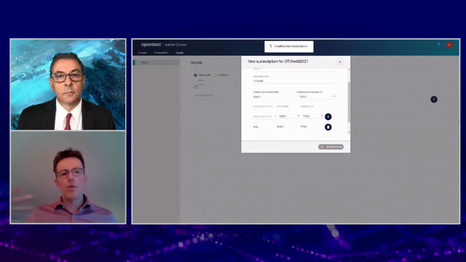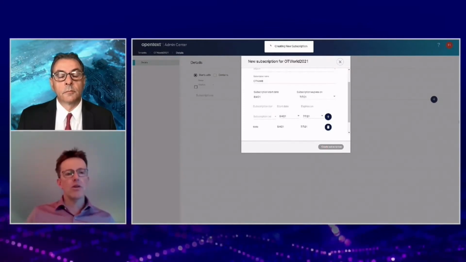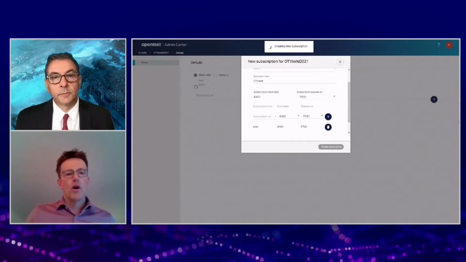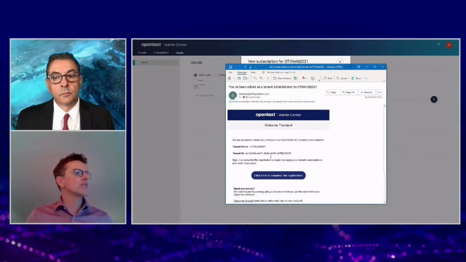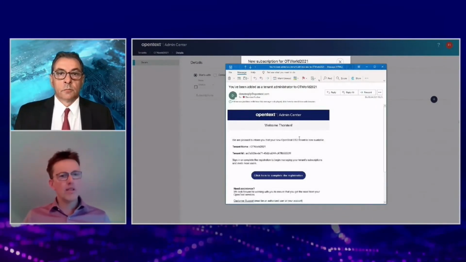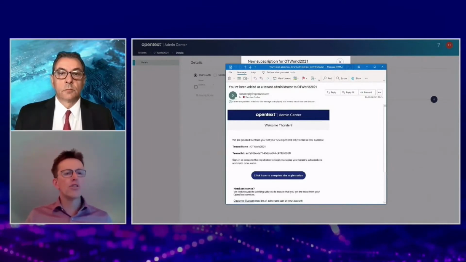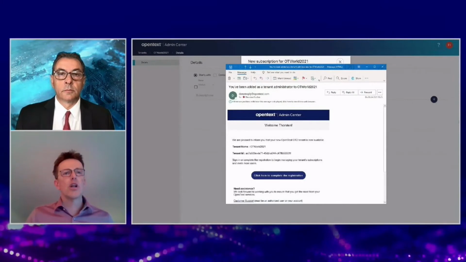What will happen now in the background is that we send out an email to the customer administrator. Also, what happened before, where I initially created this tenant, I got a notification already as a business administrator for this new tenant, where I was able to configure my access initially.